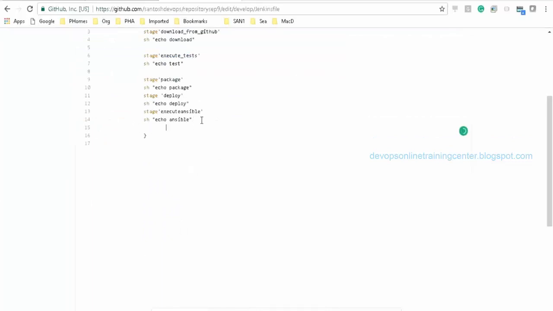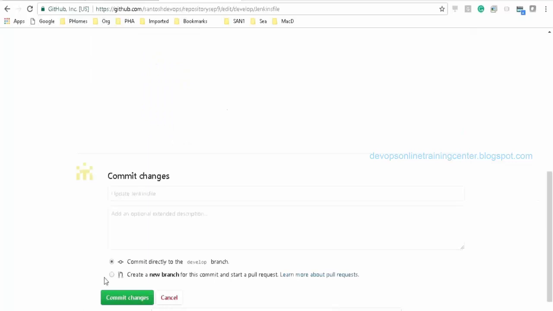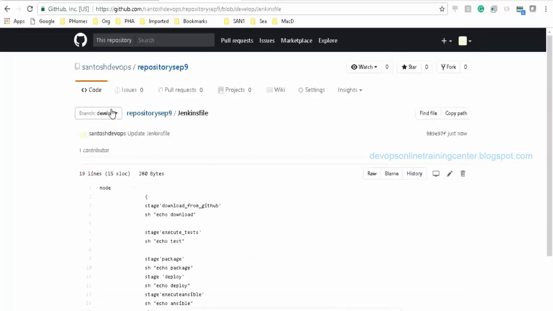Let us say after all these things, I just want to have an input step, stage, approval, let's say input. So I'll just save this. So this is changed in the develop branch.